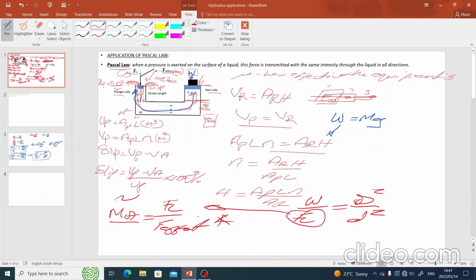Vice versa, it is true they can give you everything that has to do with MA and they would want you to calculate the W. That means you will first have to calculate the FL in this formula. You calculate the FL, then you take the FL and use it in that formula to calculate the W or whatsoever. But please make note,